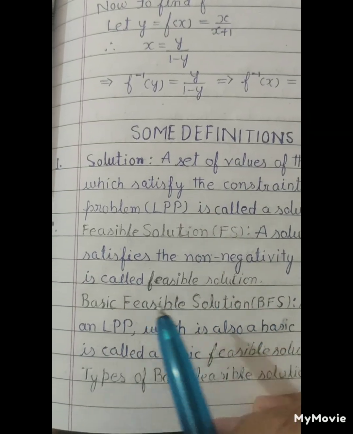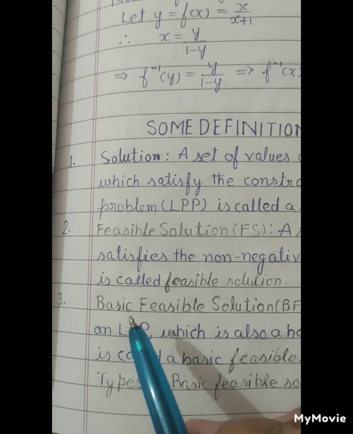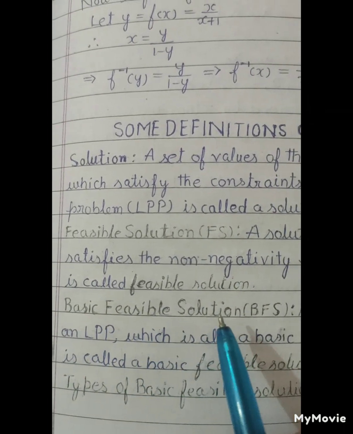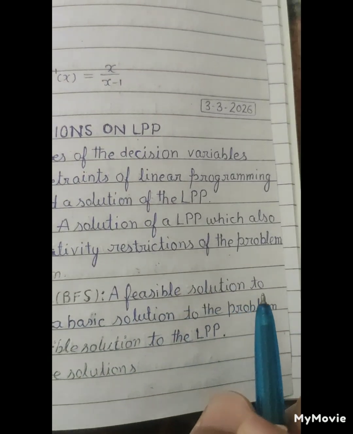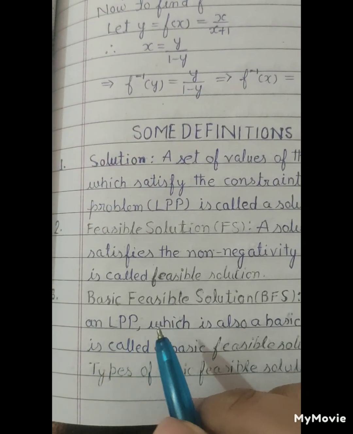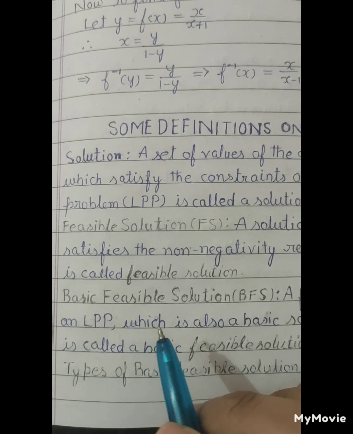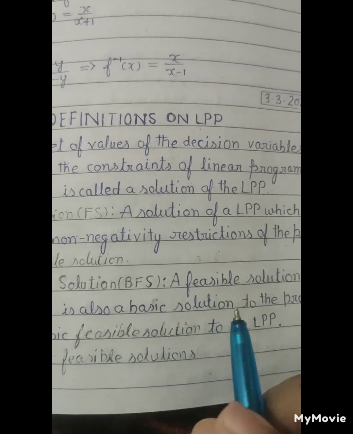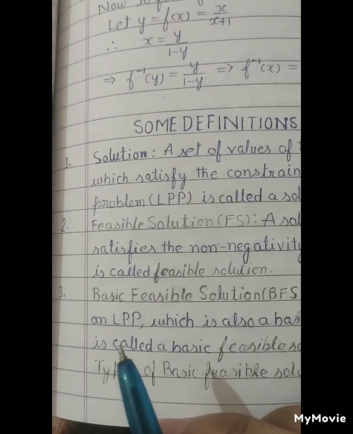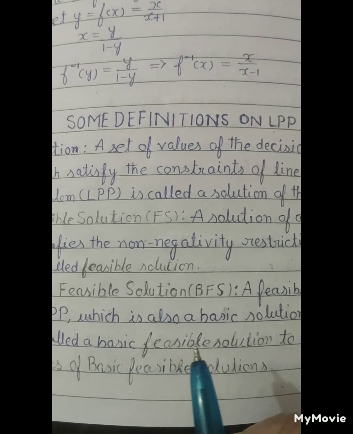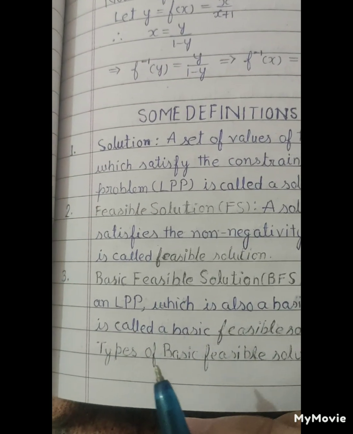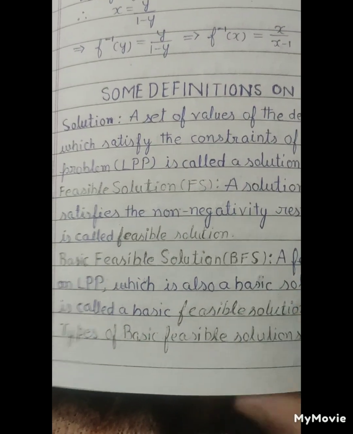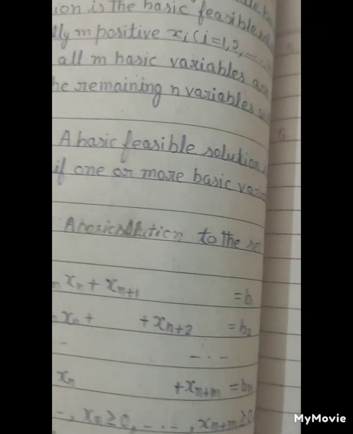a feasible solution. 3. Basic feasible solution, BFS: a feasible solution to the LPP which is also a basic solution to the problem is called a basic feasible solution to the LPP. The types of basic feasible solutions: